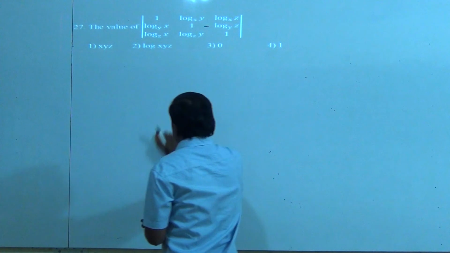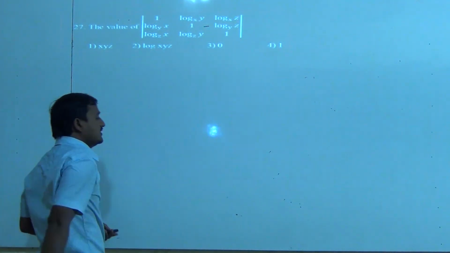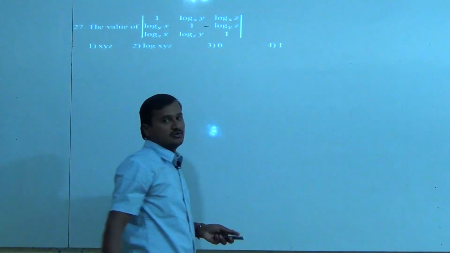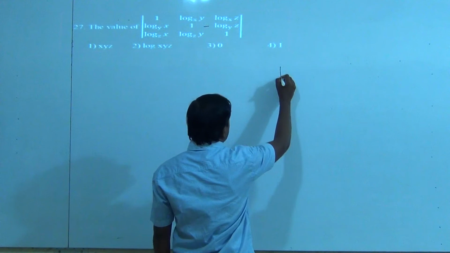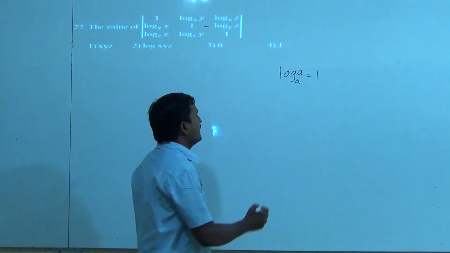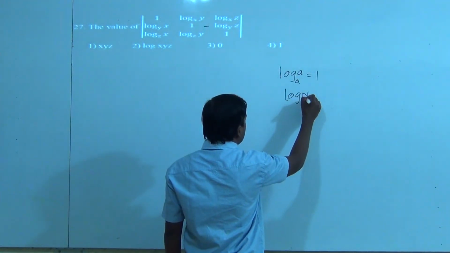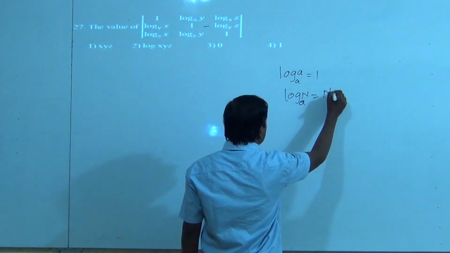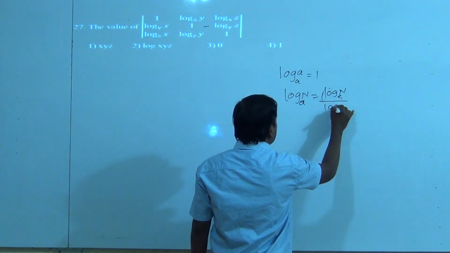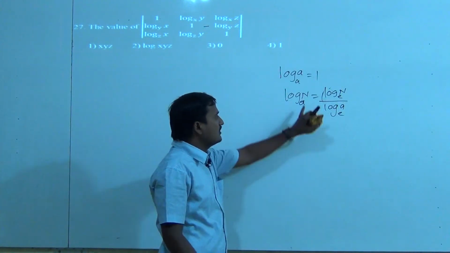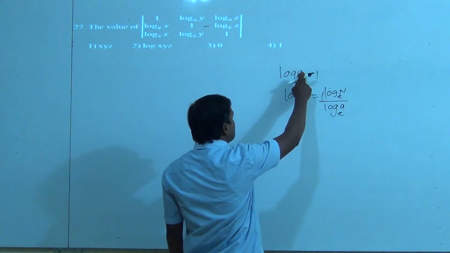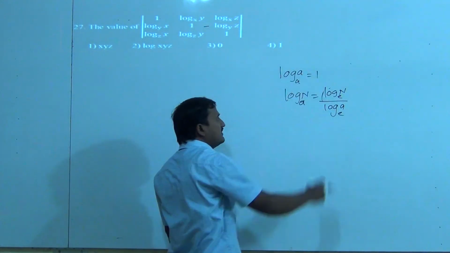So to find the value of this determinant, here you should know some of the formulas related to logarithm. So that is, log a to the base a is always equal to 1, and second is log n to the base a, we will write like this, log n to the base e divided by log a to the base e. So this is called the theorem on change of base rule, and here both this number and base are same, then directly we will write 1.